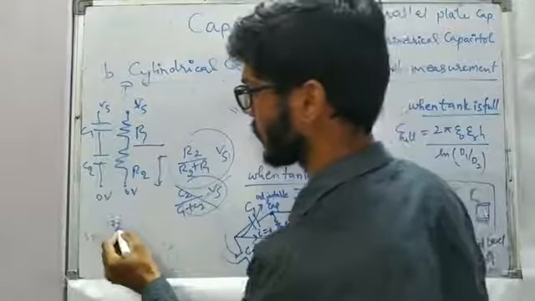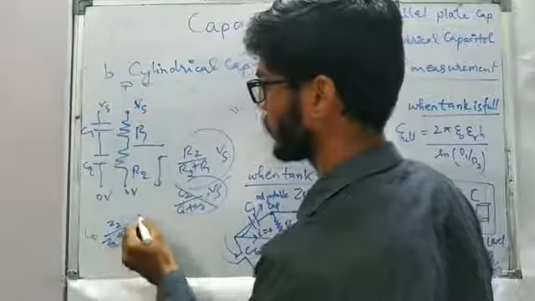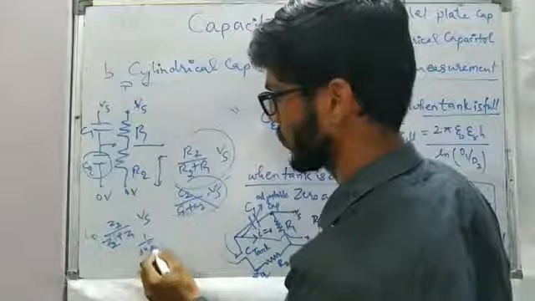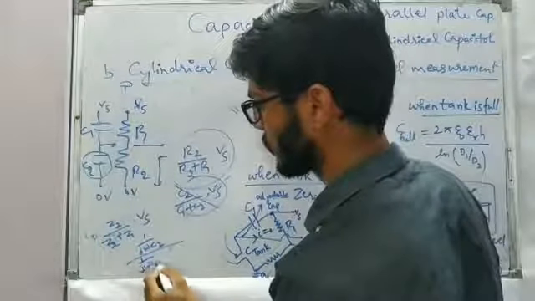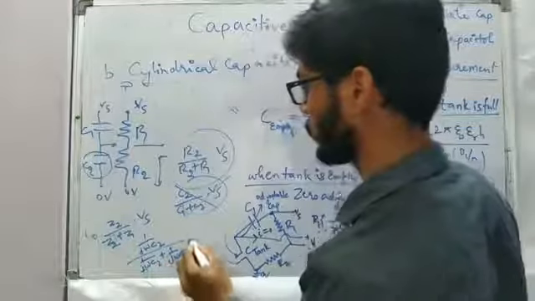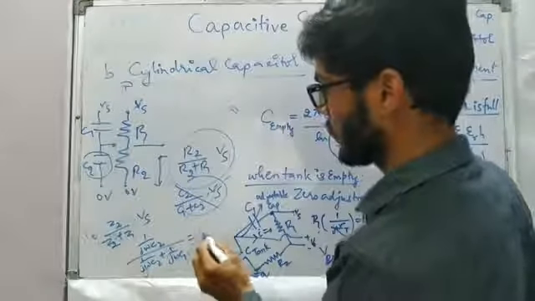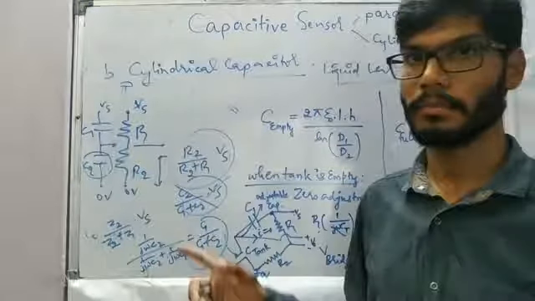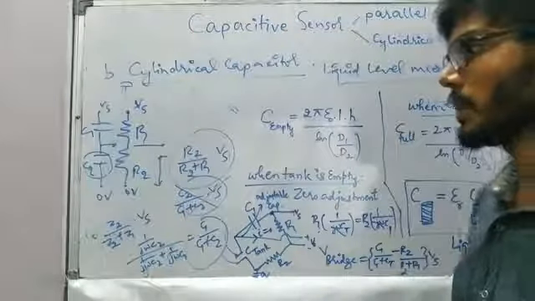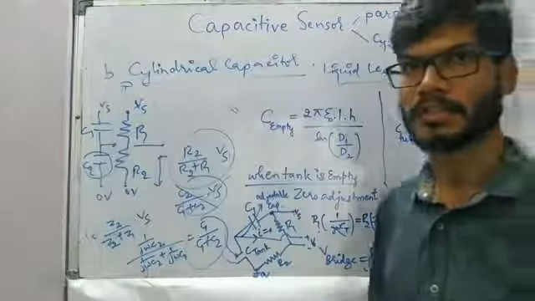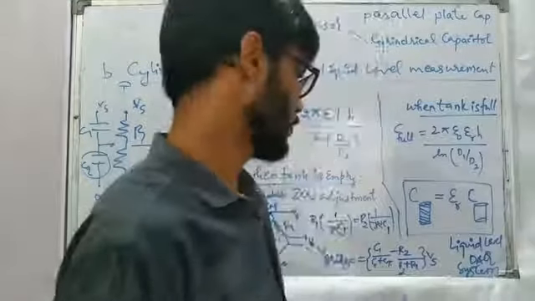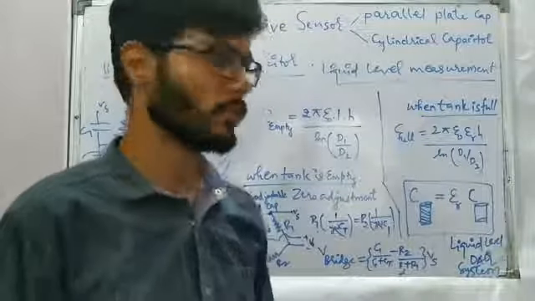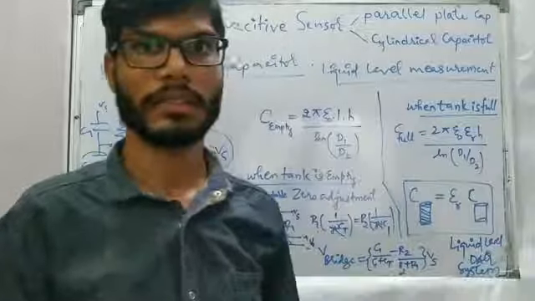Instead, we have to write Z2 divided by Z2 plus Z1 into Vs. Z2 is the impedance of this capacitance, which is 1 by j omega C2, divided by 1 by j omega C2 plus 1 by j omega C1. So instead of C2 by C2 plus C1, it comes out as C1 by C1 plus C2. These basic things you have to keep in mind while dealing with the problem, otherwise you may end up with small mistakes. So we get the output voltage of the Wheatstone bridge as C1 by C1 plus Ct minus R2 by R2 plus R1 into Vs.